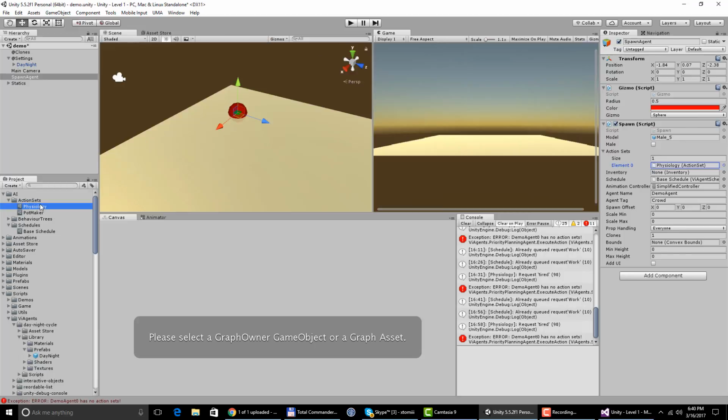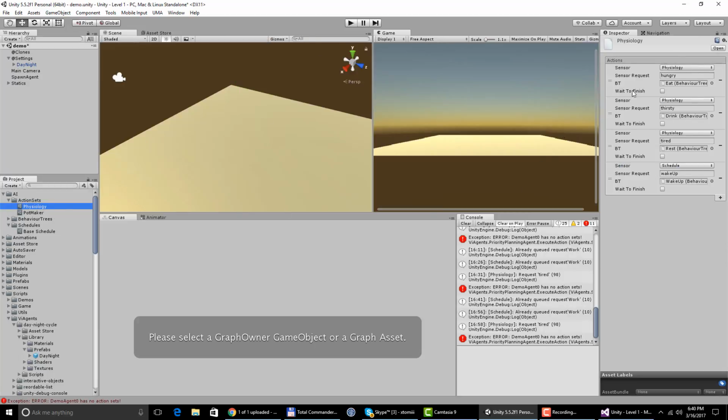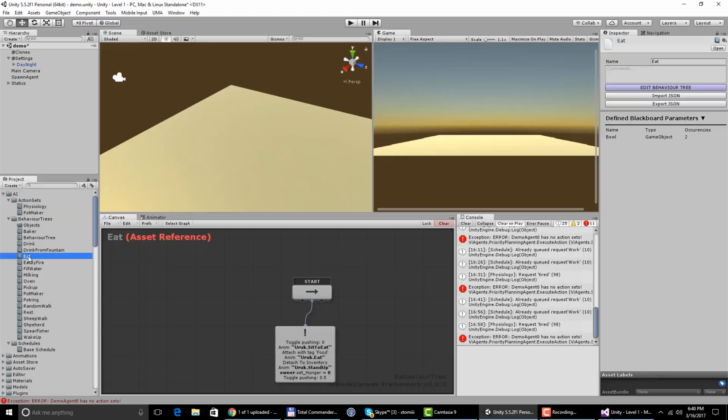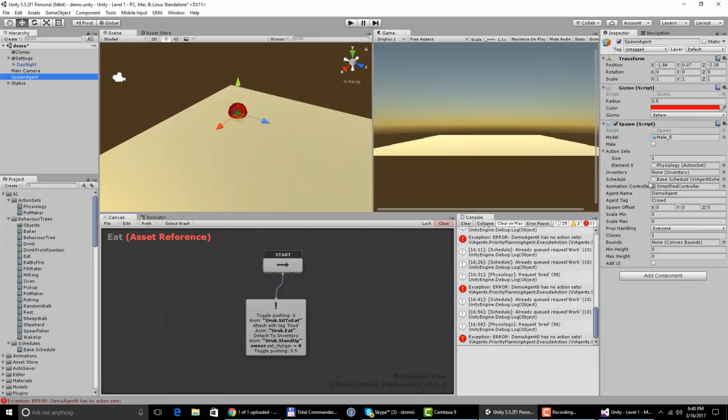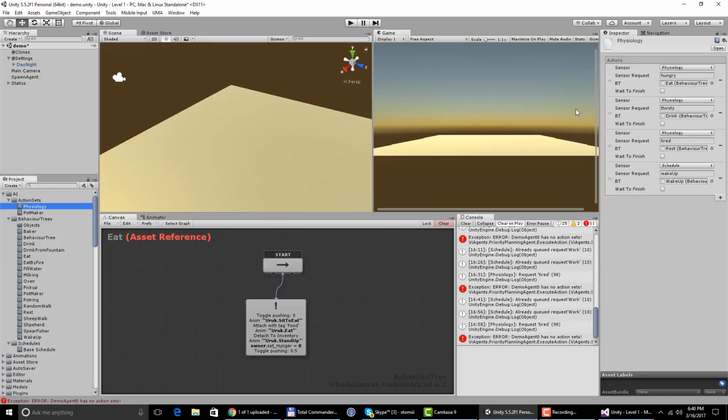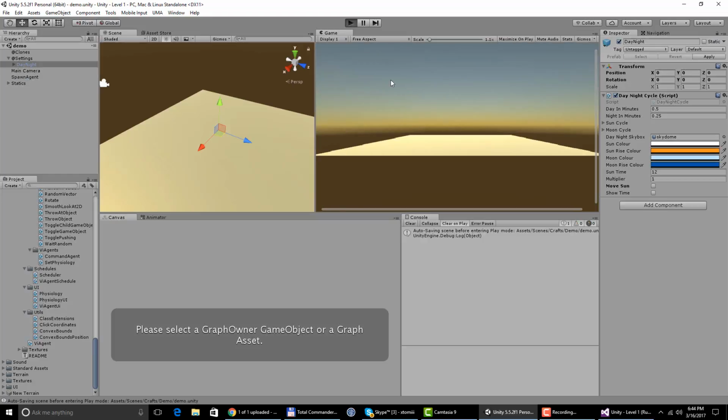If I click on that, I can see that this action set contains a set of different behaviors for different events. So if the agent is hungry, it will execute this behavior tree, right, the eat, which I have its implementation in here in Node Canvas, right? And then going back to spawn agents, physiology action set, I have actions for thirsty, tired, wake up, and so on. So if we run this now,